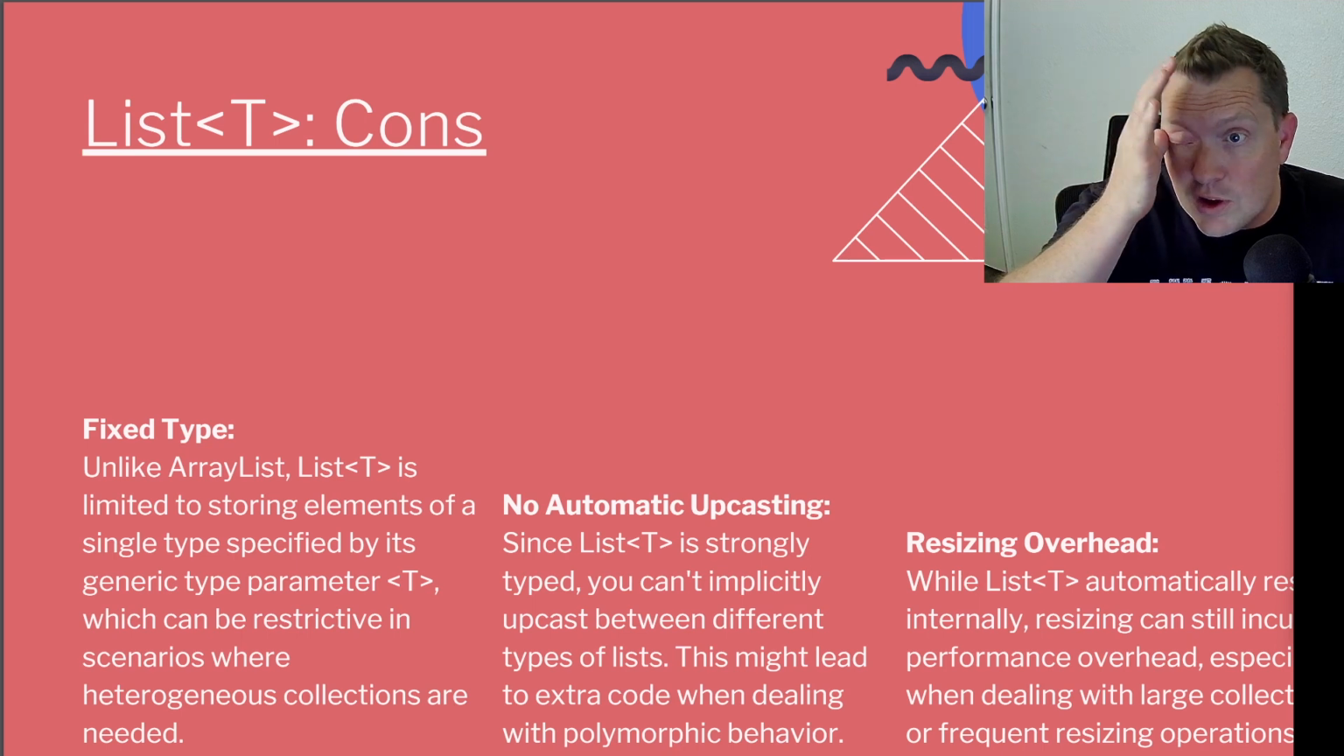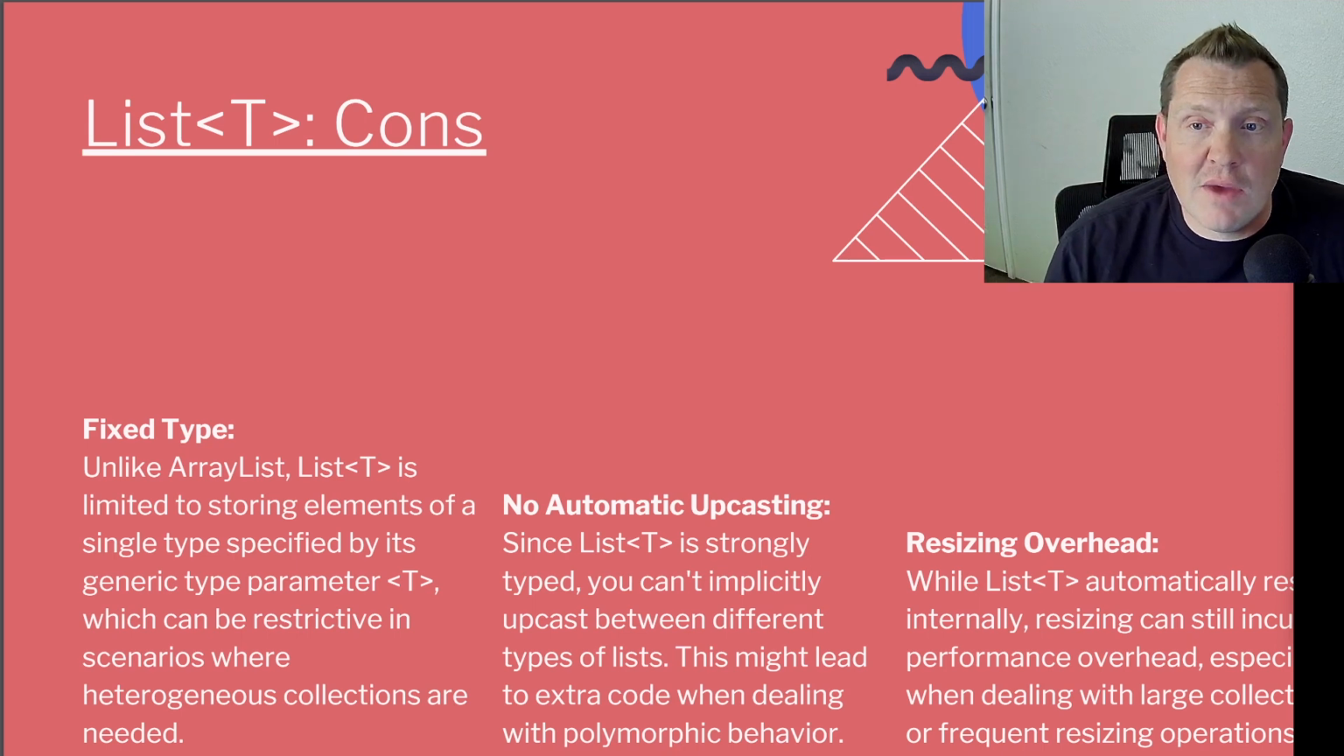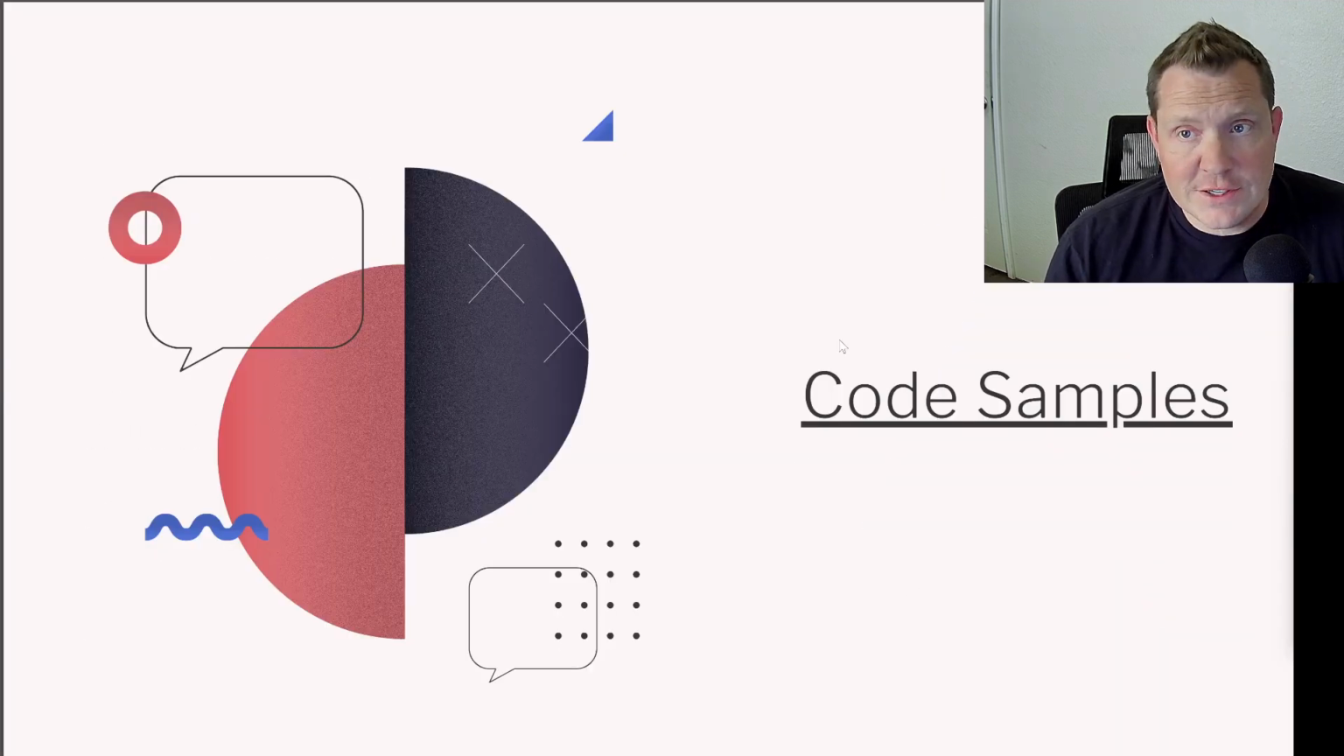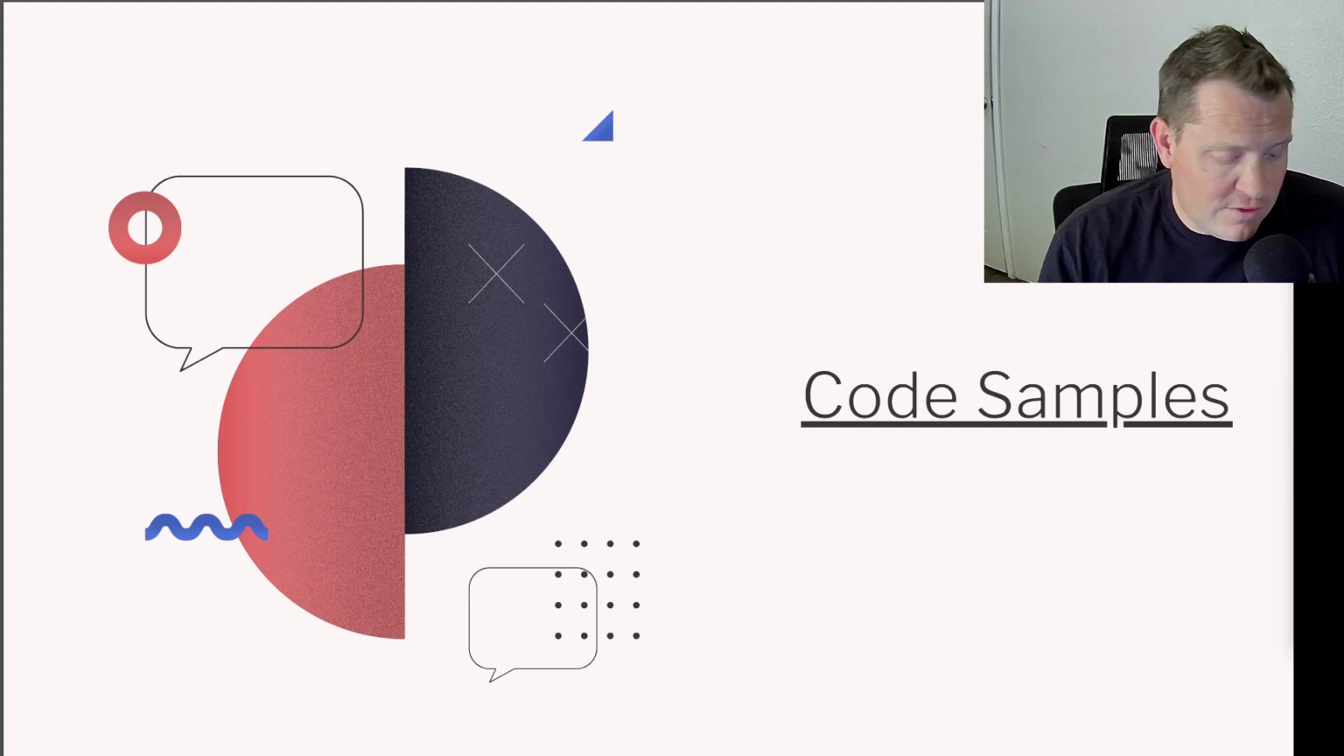And lastly, there's resizing overhead. While List T automatically resizes internally, resizing can still incur performance overhead, especially when dealing with large collections or frequent resizing operations. Now, as always, we try to provide good code samples here, so let's dive into some code samples